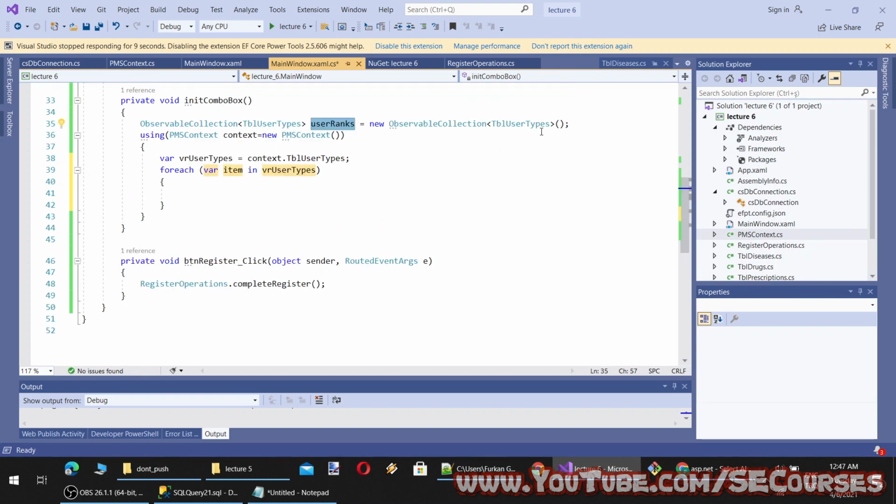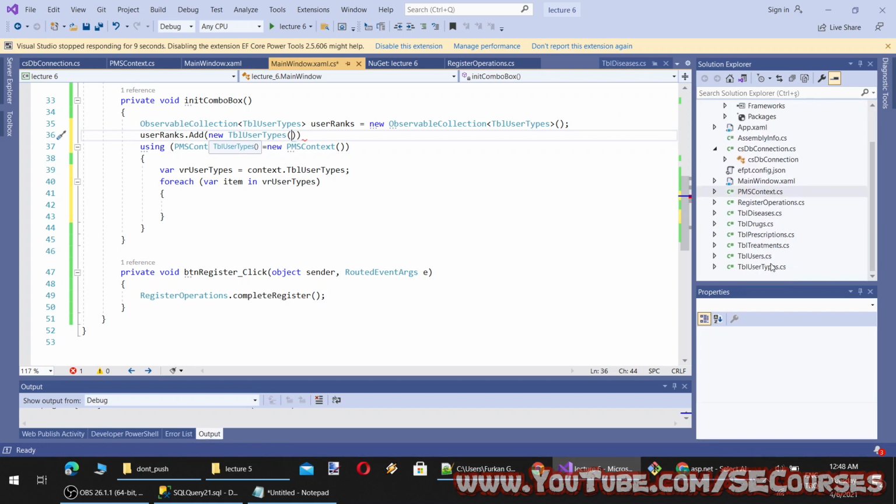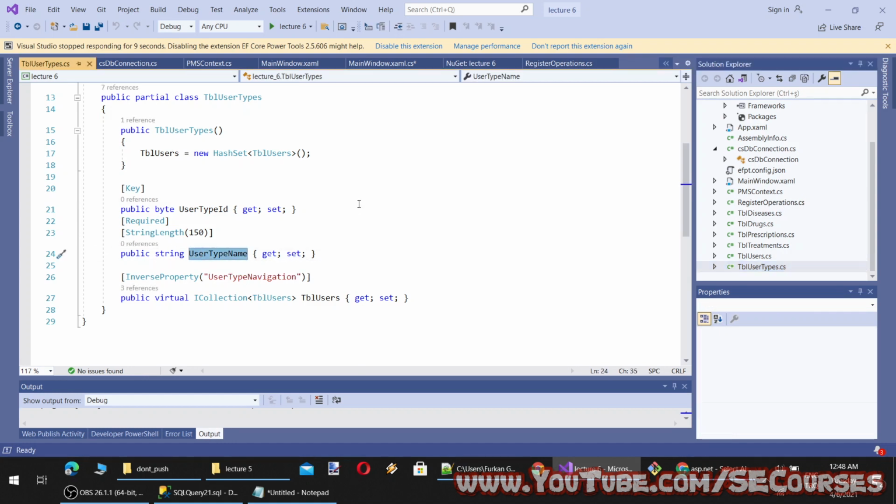Let's add inside this something. Okay, new TBL user types, and here I think, let's see. So in TBL user types we have public string user type name, and we have user type id. They are inside TBL user types.